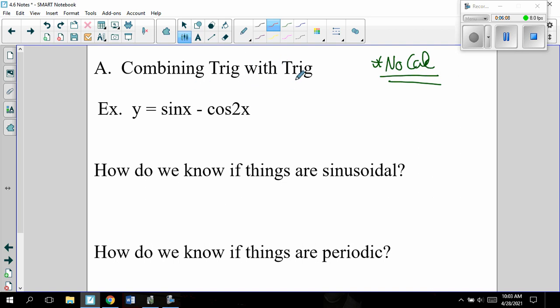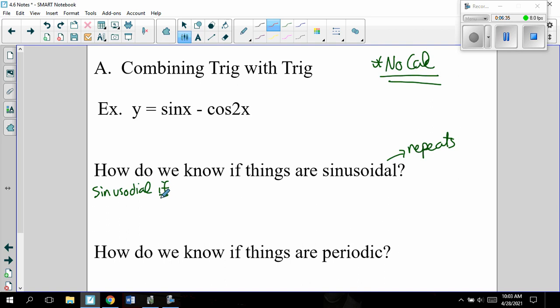So like I was saying, this is the no calc part, where I've got some trig going with trig. So how do we know if things are sinusoidal? We've used the term a couple times, and we've seen it in directions. All that means is that you have things that repeat, over and over, whatever the shape. So this thing is going to be sinusoidal